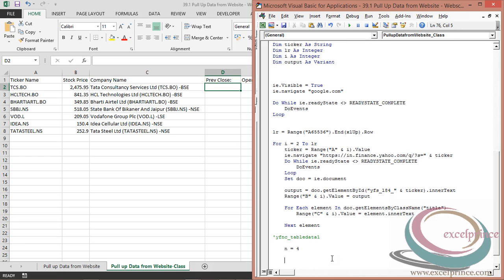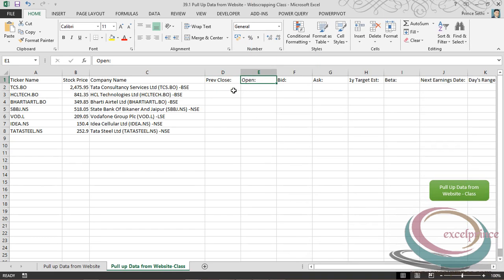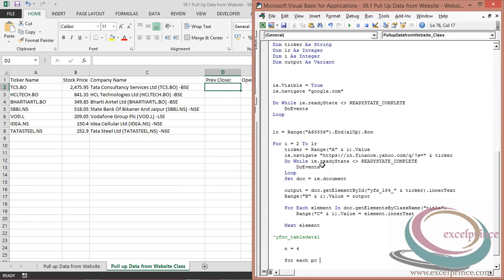So in place of range, I'll use Salesforce, just because I want all the information for TCS back office, all the information for HCL back office, and so on and so forth. So for that, again, I'll use a for each loop. Maybe I'm looking for previous close, so I would say PC, maybe, or any other word, but it's not PC, just because I'm extracting open values as well. But whatever name you want to give, it's up to you. So I have given PC, maybe you can give another name as well.